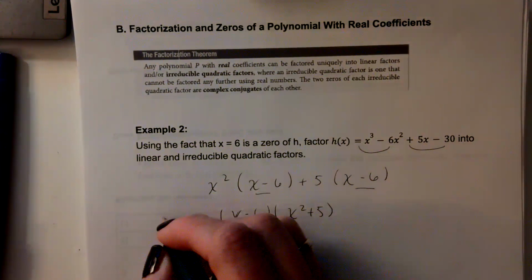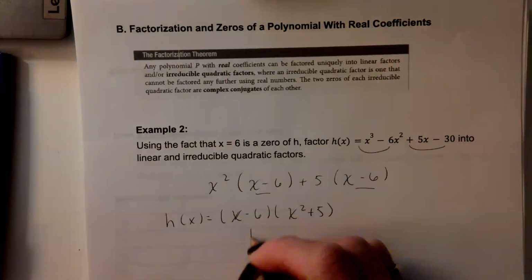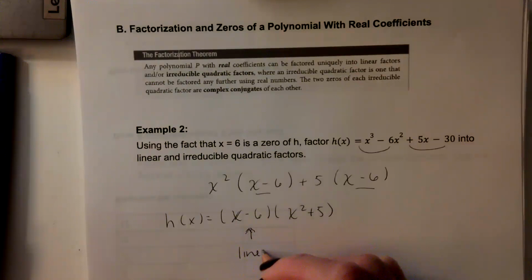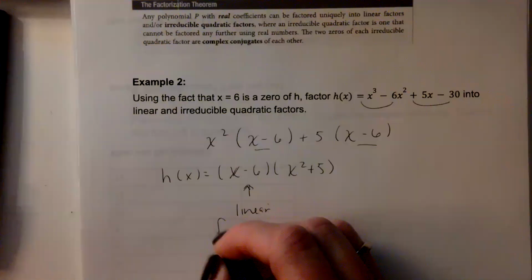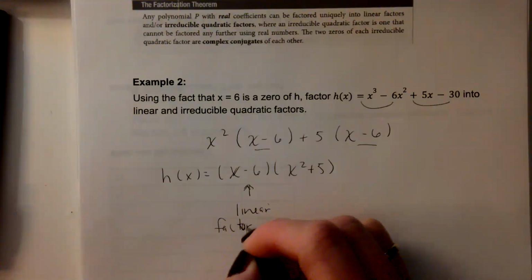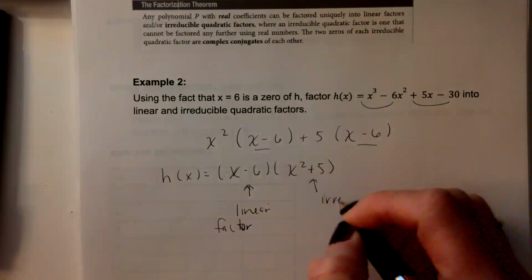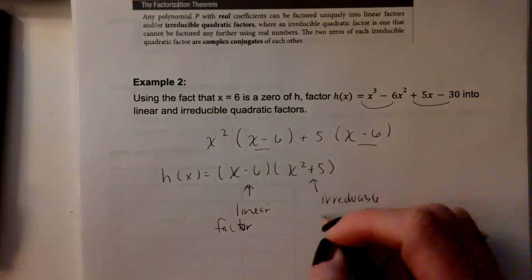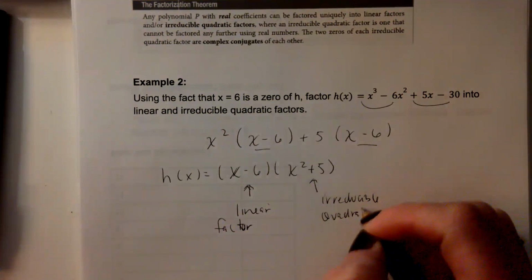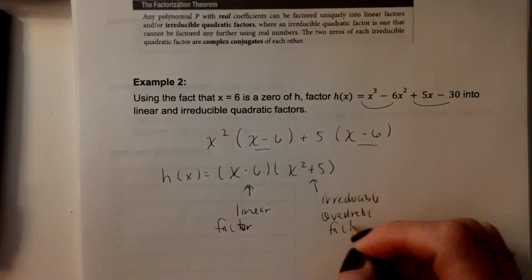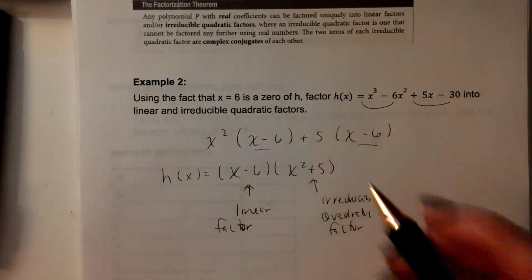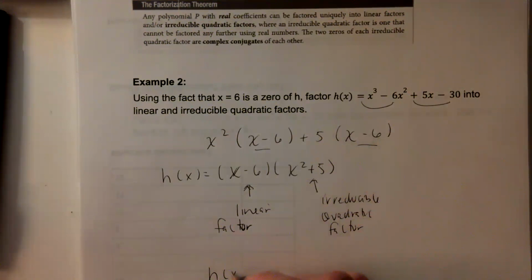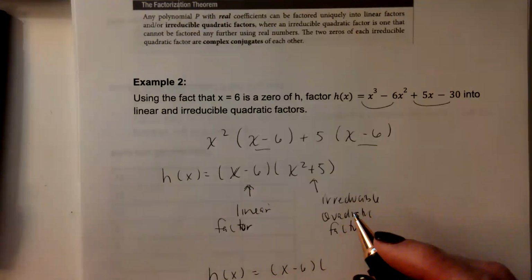And so this is my h of x. So x minus 6 is the linear factor. And then this is the irreducible quadratic factor. And this is the one that factors into the 2 complex conjugates. So the final factoring is really x minus 6, and then it's